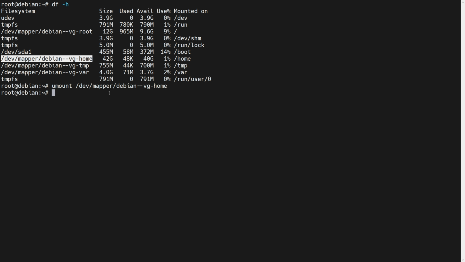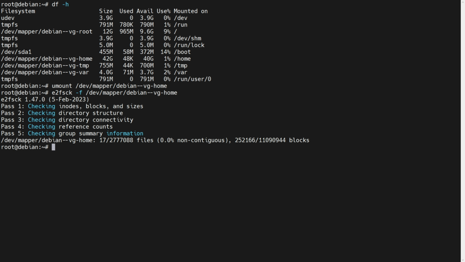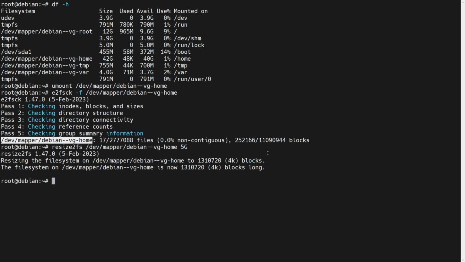After that you have to check your home directory file system with the e2fsck command, and after this you have to reduce your file system with the resize2fs command on home to your value. In my case 5 GB. Completed. Next step, you have to reduce your LVM partition with the lvreduce command